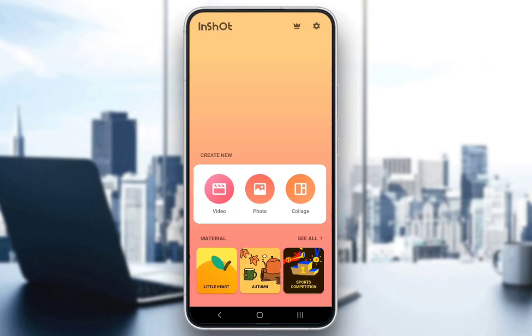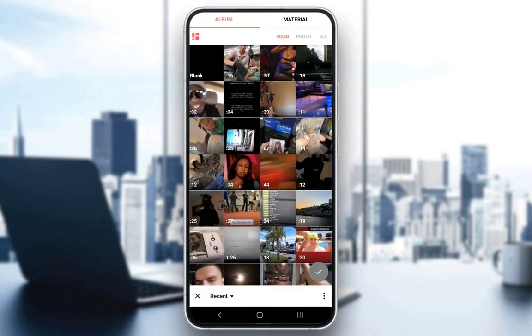As you can see, this is the screen you get when you open up the app, and you have these three options in the middle of your screen. You can either create a new video, photo, or collage, or if you want to select one, just click on the video icon and you will be taken to your gallery. Now, once you're in the gallery, you can pick any one video. I'll pick this one in the top, and once you click the green check mark, you'll be taken to the